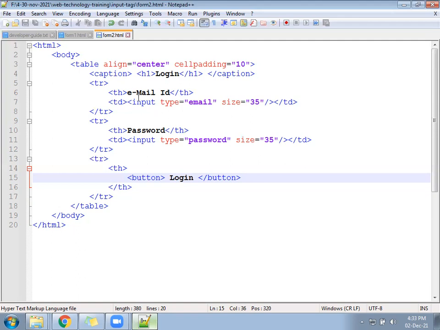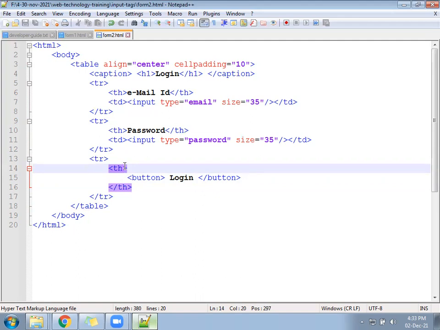Clear? See now, the button is coming which side? Button will come by default left side because in the first row and second row you have followed the two columns, one th, one td, one th, one td. Last row we follow only one th. It will be first occurrence. It will be in the first position.